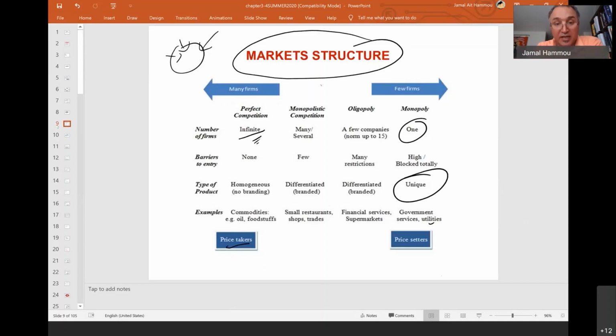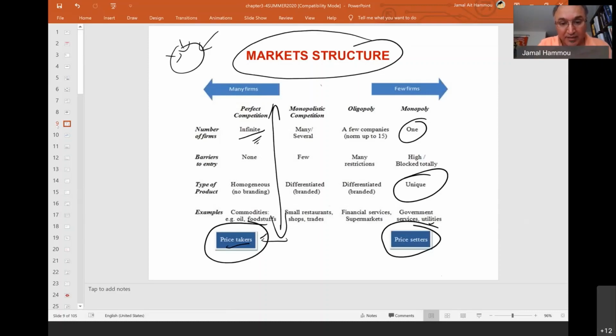Okay, so when you understand this structure, you understand the competition, you understand how easy it is to get out of the market. You see how many people are competing with you. Is there a substitute product for you? I can figure out, am I on this side of the chart, or am I on this side of the chart? If I am in perfect competition, which is hard to compete in, where you're a price taker,